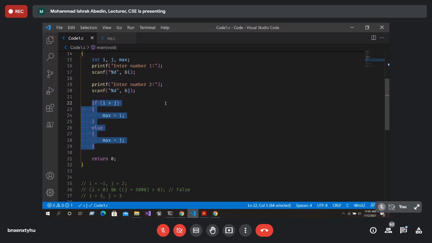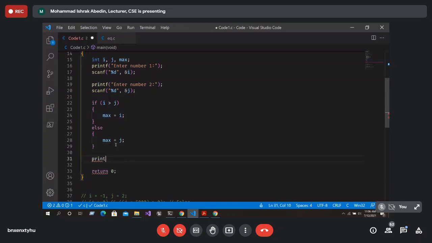Yes, sir. It first compares i with j, and if i is the larger one, then max is i. Otherwise, max is j. And then I can use printf: max value is